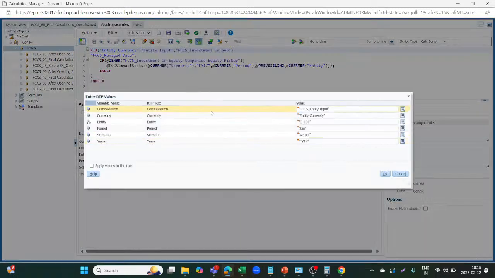So here are the members that I have used. For consolidation it is entity input, for currency it is entity currency, and entity here I have used as so. These are all the runtime prompt values that I am adding to this rule. This is my consolidation member, that is entity input, currency is entity currency, this is my entity, period is Jan, scenario is actual, year is FY17,